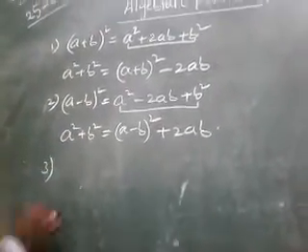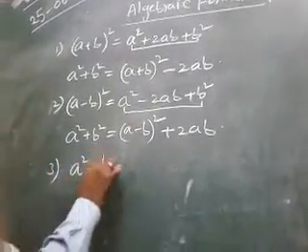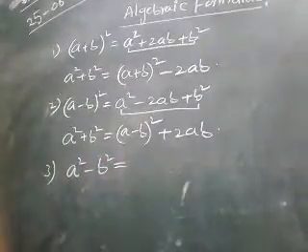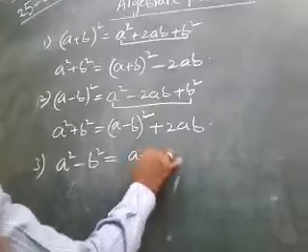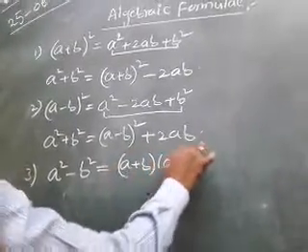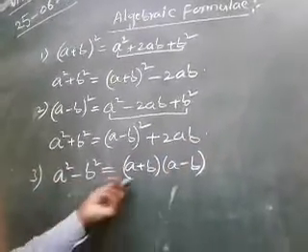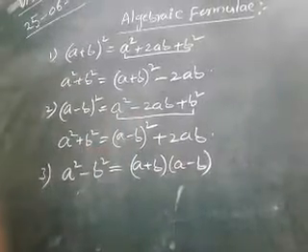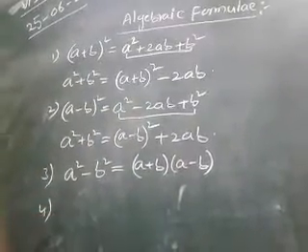Next, third one. A square minus b square is equal to (a plus b) into (a minus b). A square minus b square, (a plus b) into (a minus b). And fourth one,